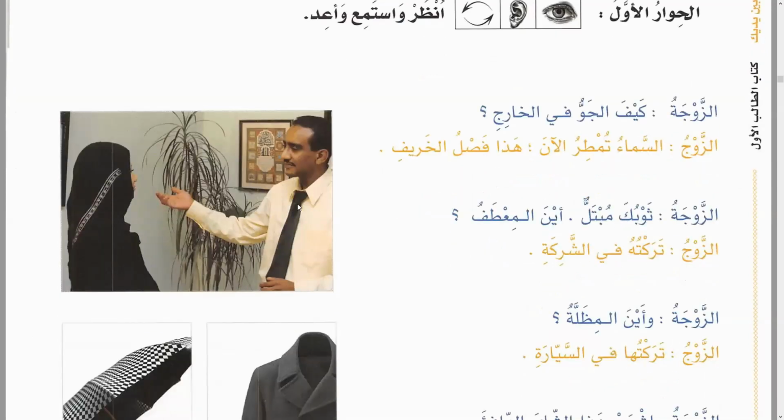ثوبك مبتل أين المعطف؟ Now we are learning one more thing. ثوبك مبتل. Your thawb or your clothes are wet. Mubtal. Now this is also another form. This is form 9. Ibtalla yabtallu. We need not go into the forms as of now, but I just want to say that this is form if'alla. This is generally used for defects and colors. Ihmarra yahmarru. And this is the object, mubtallun.